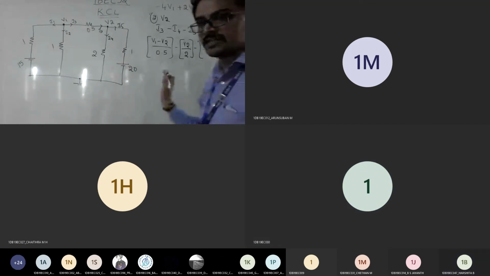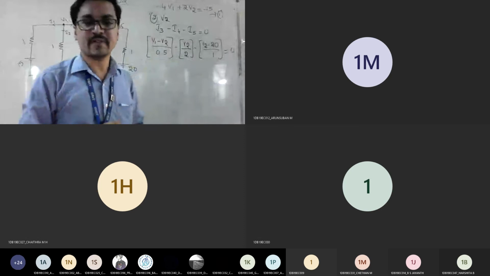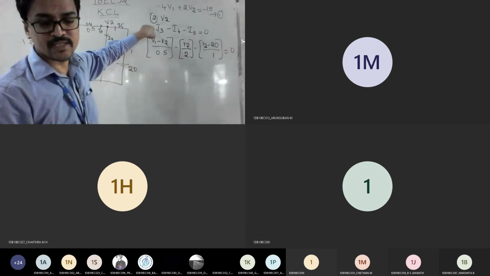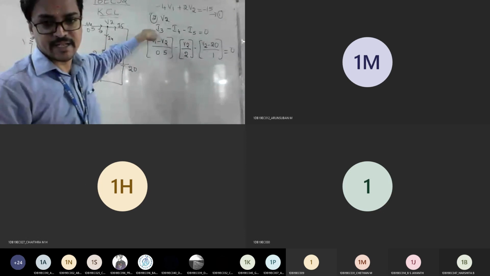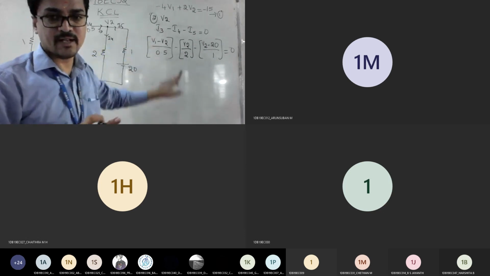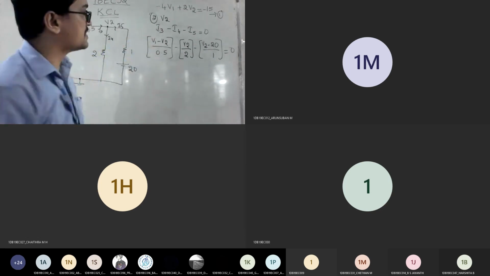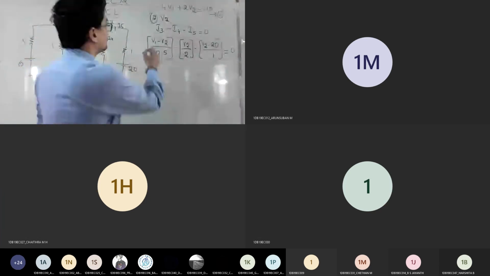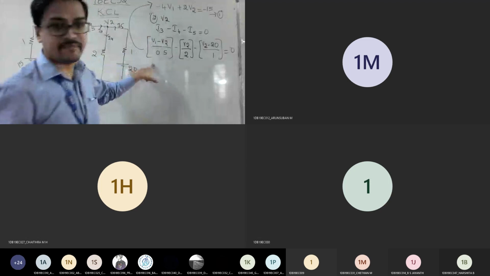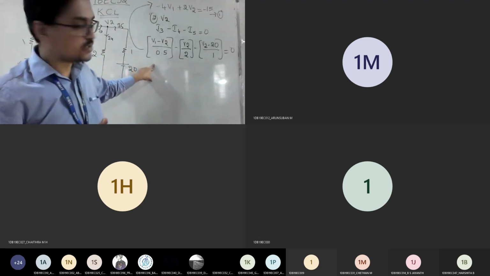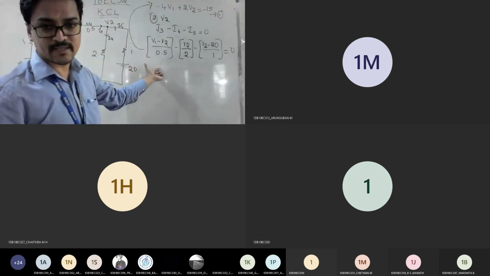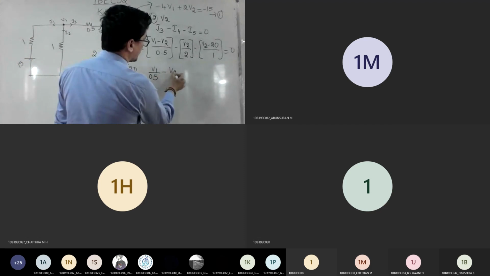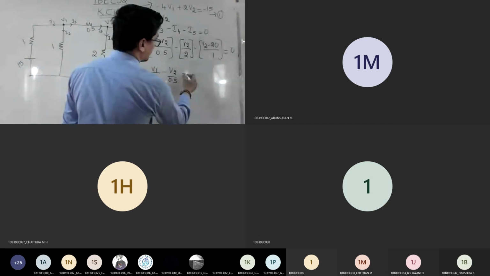If you are able to write this equation, the remaining simplification you will do yourself. So the only mistake was here, and this is the only thing you should be aware of. If you remember this logic, then you can proceed. Simplify this and tell me the expression. Don't jump straight from this step to that step, or you are not going to get full marks. First split it, V1 by 0.5, because each step carries marks. That's why I am stressing.